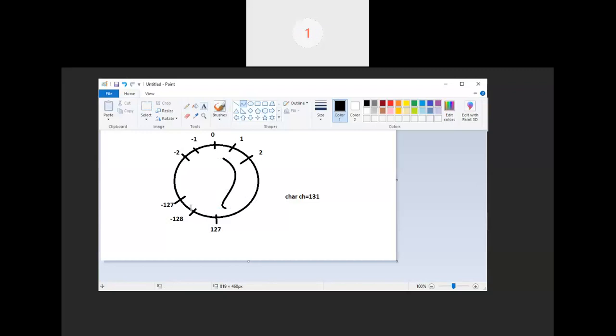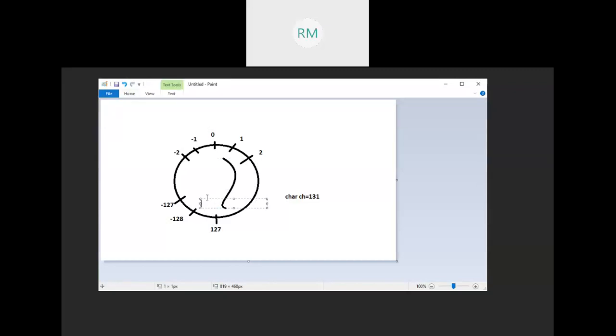Sir, now I understood. Now understood? Yes. Because in the positive, clockwise direction, once you exceed that, it jumps to the minimum value of the negative range. Plus 1, then you will be here. So what is the equivalent value of that one? Minus 128. It oscillates. Again it is plus 2. Like that, how many values you have to add, up to you will get minus 125. That's it. Clear?